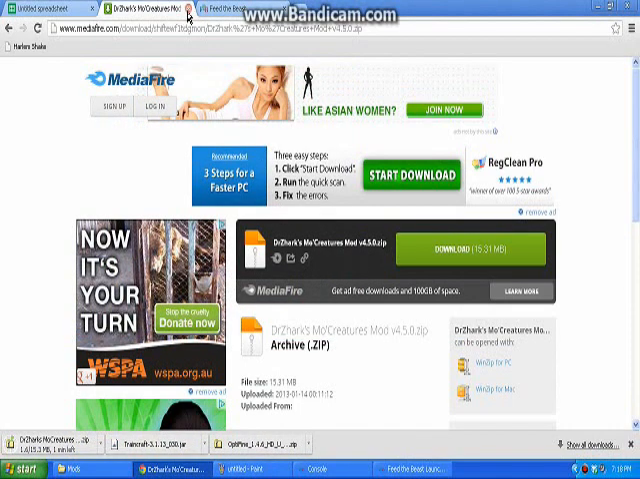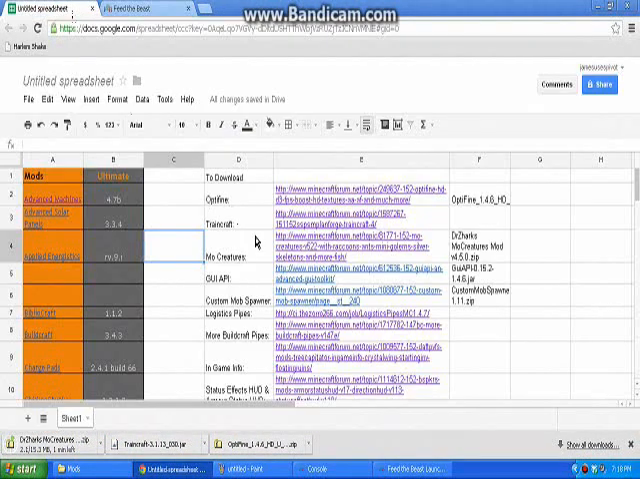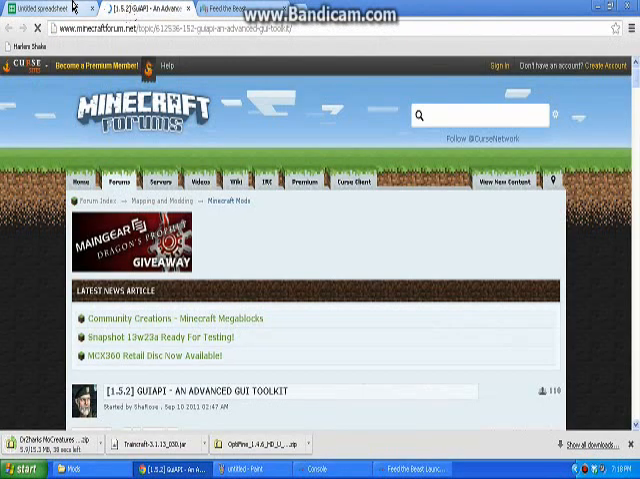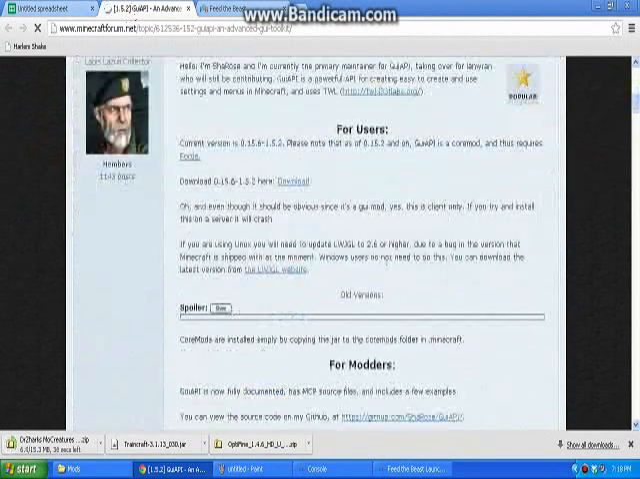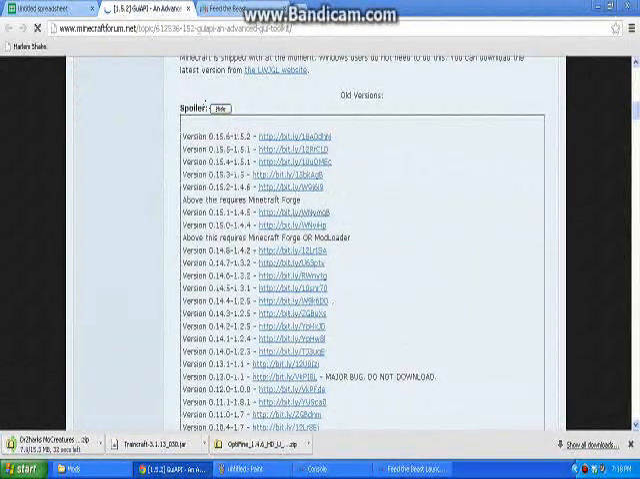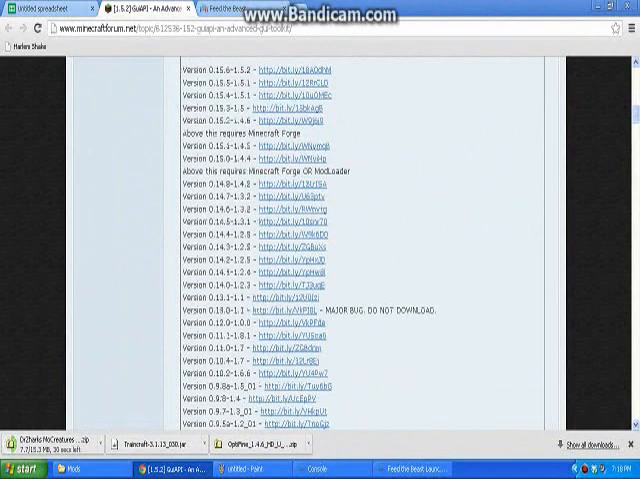Good. Now, in order to use the Mo Creatures mod, you're going to need two other mods. You're going to need the GUI API mod and the custom mob spawner mod. Pay attention, because you're going to want to download the exact same version that I am. For the GUI API mod, go to the link in the description. You're going to want to go down to old versions, click the spoiler button, then go to the